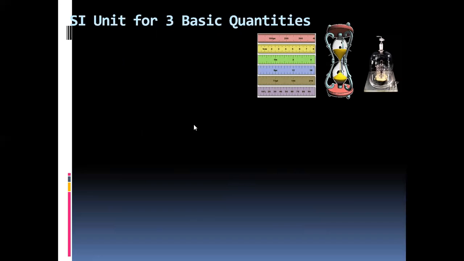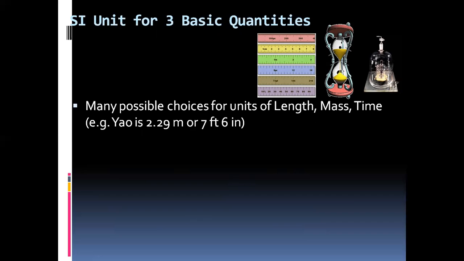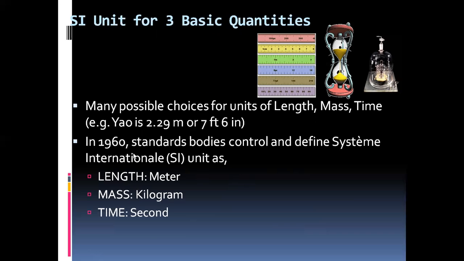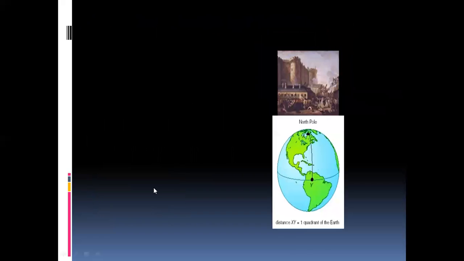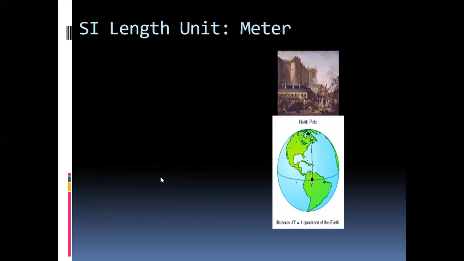SI units for the three basic quantities. There are many possible choices for the units of length, mass, and time. In 1960, standard bodies controlled and defined the International System of Units, that is SI units: length meter, mass kilogram, and time second. The SI length unit meter